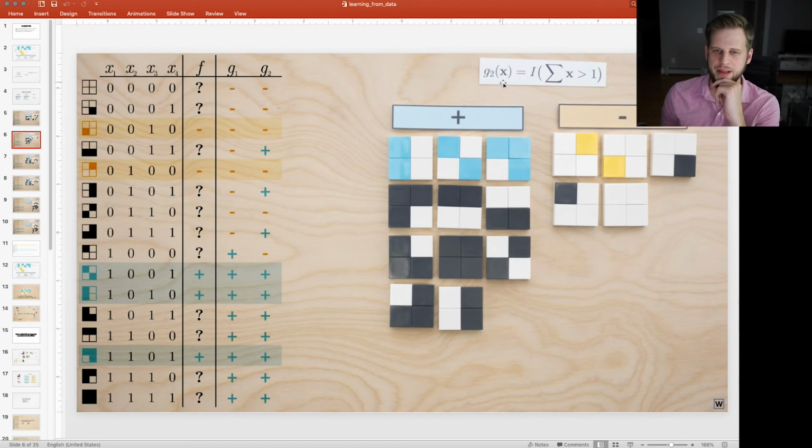So we can write this in math. Here's one way to write it. This I stands for the indicator function. So if this is true, then the outcome is true. I'm just saying sum up all the x values, add them together, and if they're greater than 1, then the outcome is positive. So in our truth table, 0 plus 0 plus 0 plus 0 is 0, so the outcome is negative because it's less than 1. Here, 0 plus 0 plus 1 plus 1 is 2, which is greater than 1,